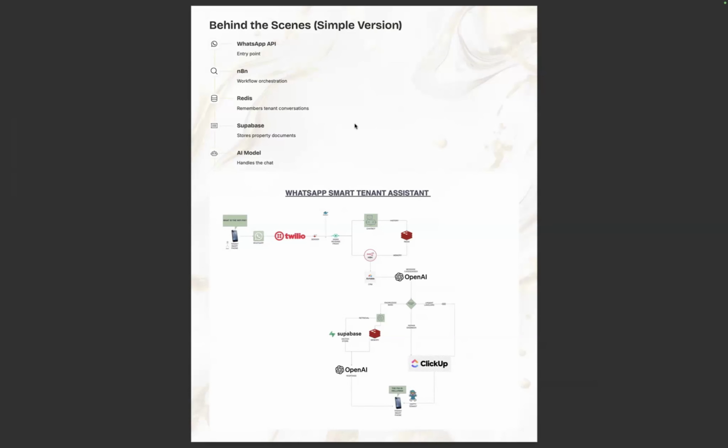So on the left hand side, imagine you are the tenant. You just send a message. What is a Wi-Fi pin? And then that message goes into WhatsApp, Meta, and then Meta says, oh, this is a message going to this business number. That gets forwarded to Twilio. Twilio is what we use in this case to buy the phone number that's attached to WhatsApp. So it goes to Twilio, and Twilio says, oh, I know this number, I should send it on to this other website. So it goes to that website, all behind the scenes,